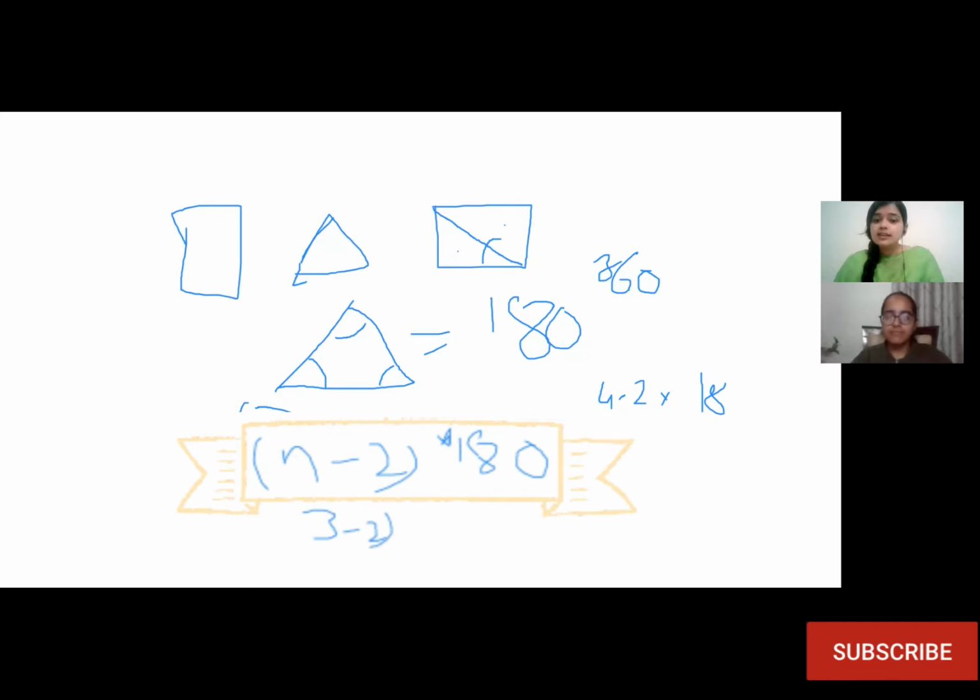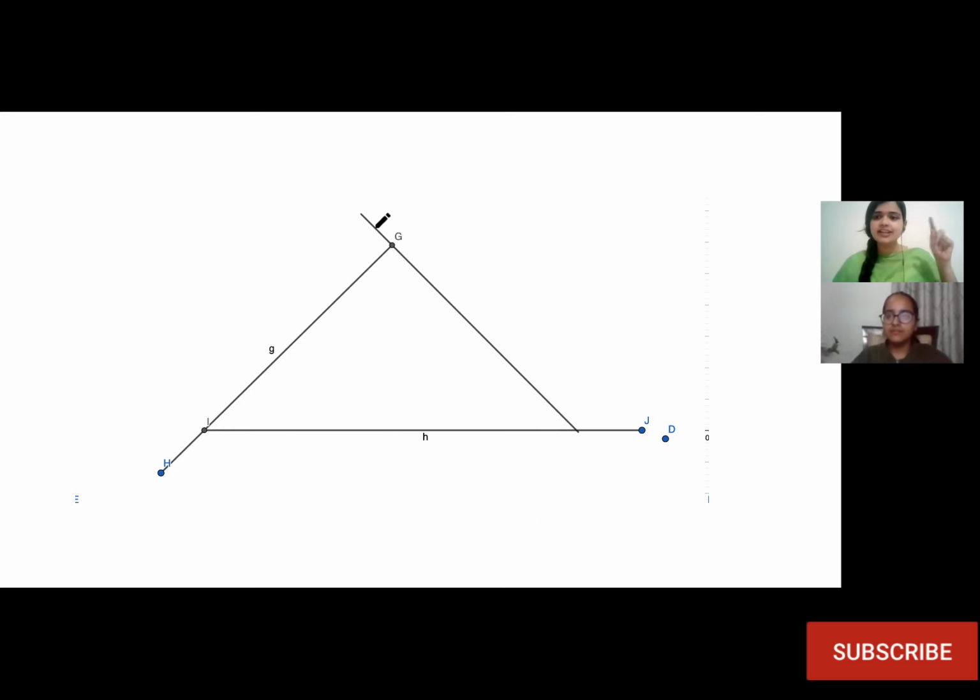Next thing was the angle between two lines inside, interior angles between two lines, right? So for that, we have the formula of sum of the angles, right? We can simply divide it with number of sides and we'll get angle between two lines. Okay? That is one thing. Now next thing was exterior angle. As in your code it was mentioned, and I also told you there are two types of angles, interior and exterior, right? So suppose we have a triangle again, and if I extend these sides, then it means I am talking about the exterior angles, right?